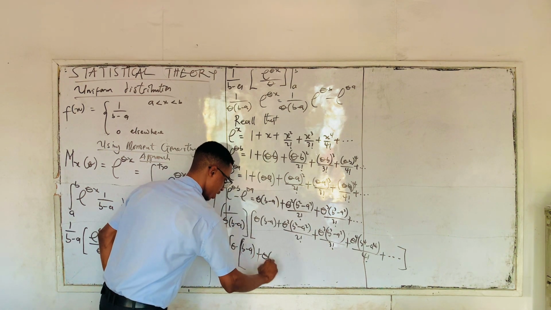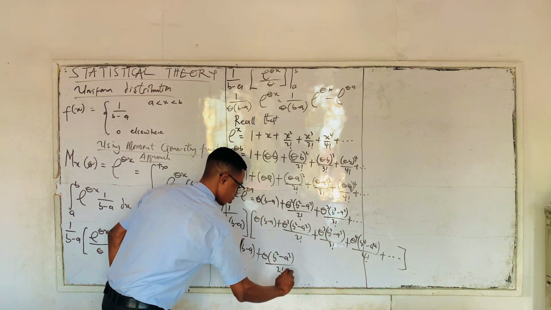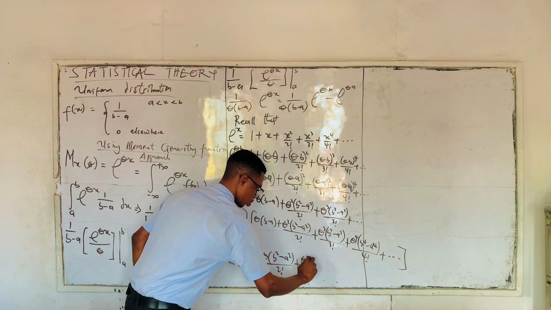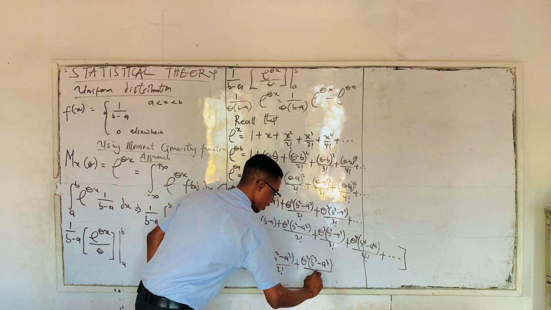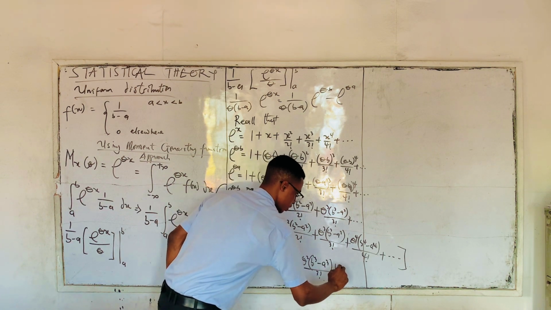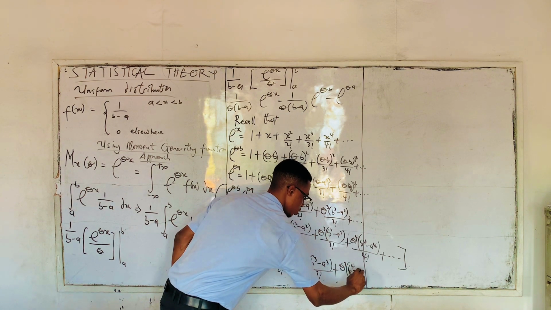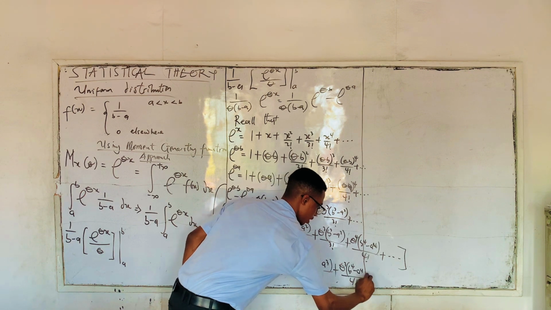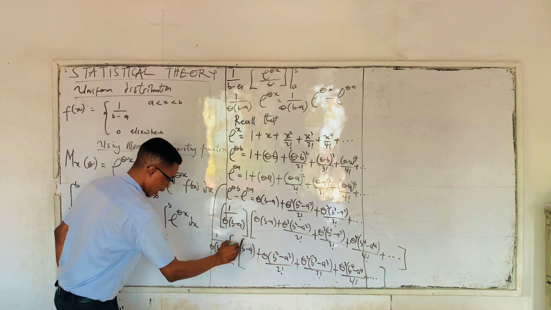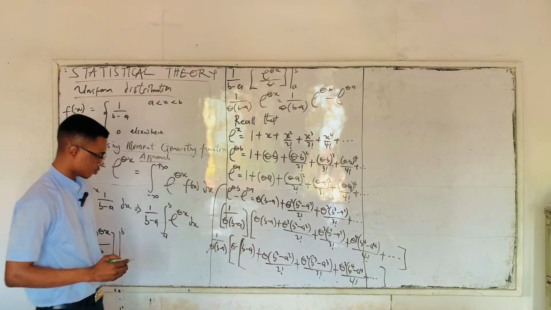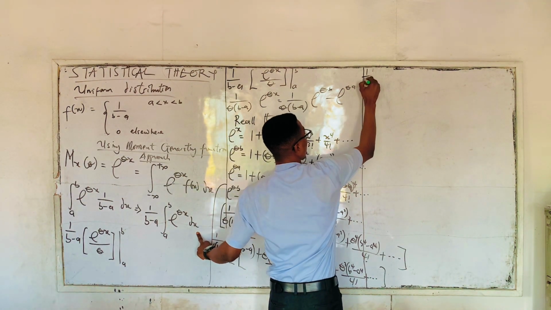We have theta into bracket b squared minus a squared over 2 factorial plus theta squared into bracket b cube minus a cube over 3 factorial plus theta cube into bracket b raised to power 4 minus a raised to power 4 over 4 factorial plus to infinity. So this theta can cancel out this. Now we are left with 1 over b minus a